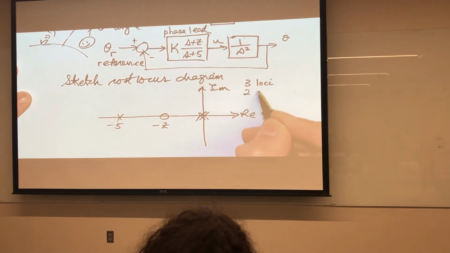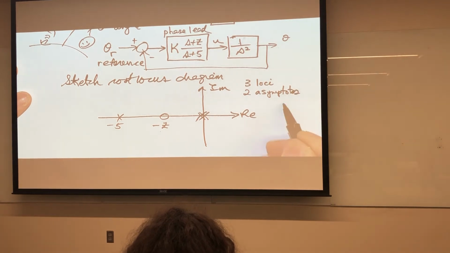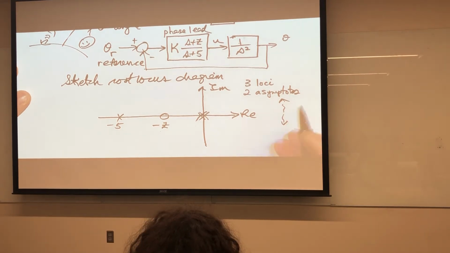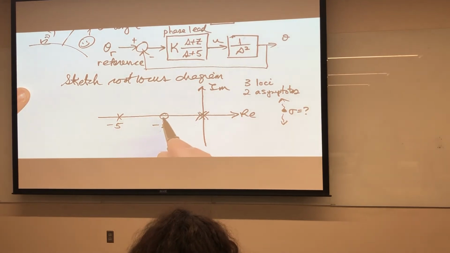So we have 2 asymptotes, and they must look something like this. Some dashed line. But we don't know where to put it. We can't calculate the location of this, because we don't know this number here. But we do know that 2 of the loci will go off the page, and 1 of them will go